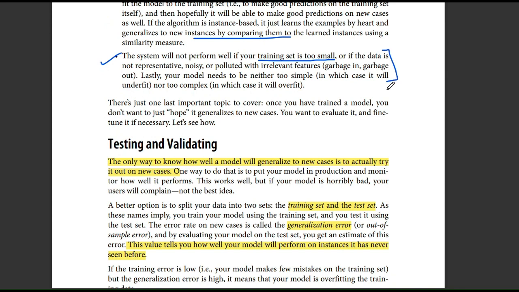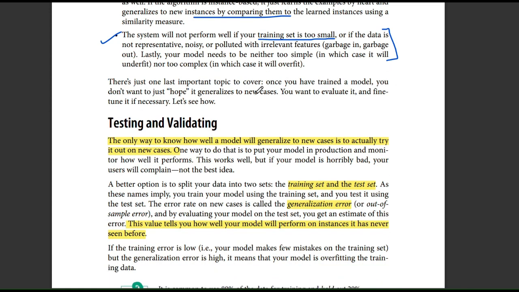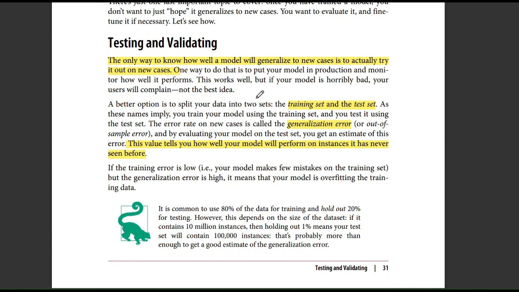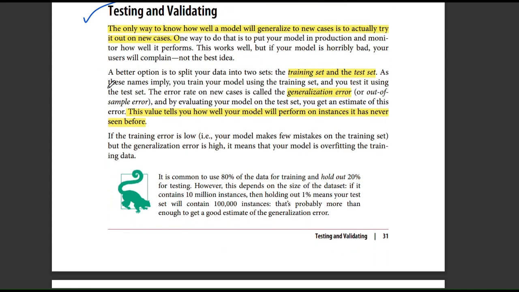In an ML project, you gather the training set, you study the problem, then you feed the data set into your model. The model learns, the model trains, and then you try to predict. The system will not perform well if your training set is too small, or if the data is not representative. These are the main challenges of machine learning projects: the challenges can be bad data or bad algorithms. Bad data is when you have a small number of instances, too many features, poor quality data, or non-representative data. And bad algorithms is when you have overfitting or underfitting.